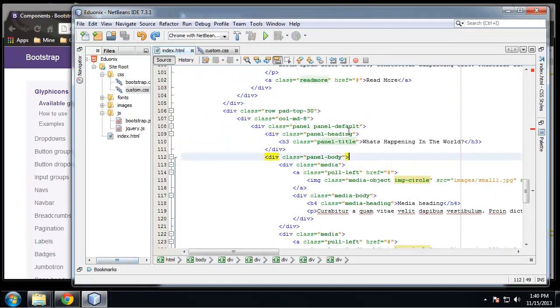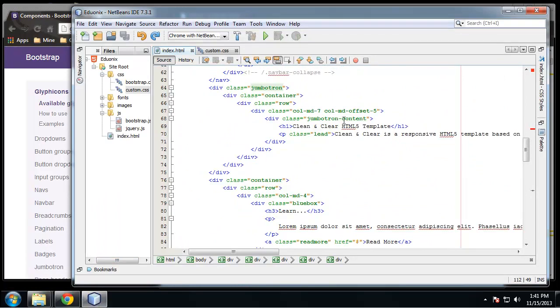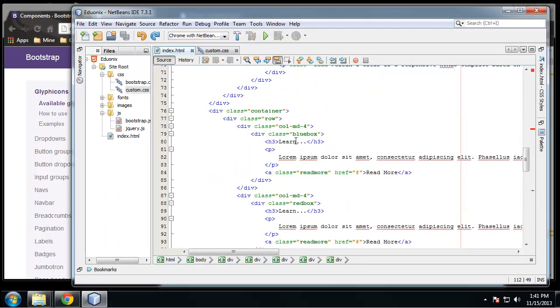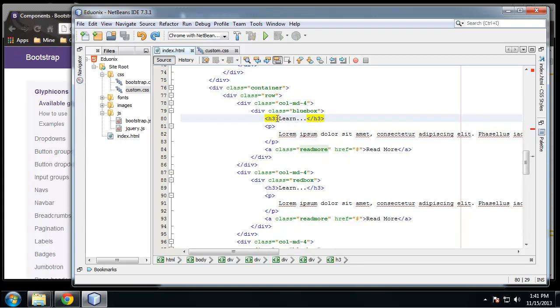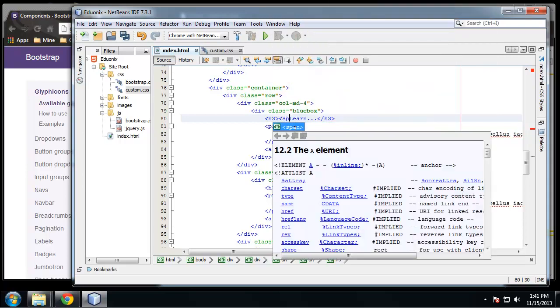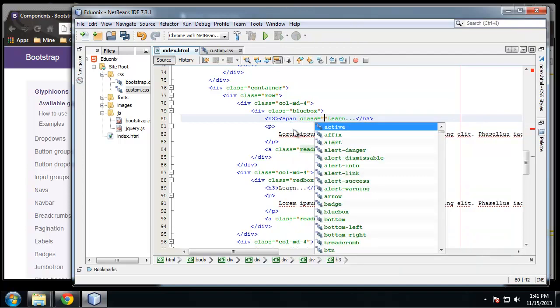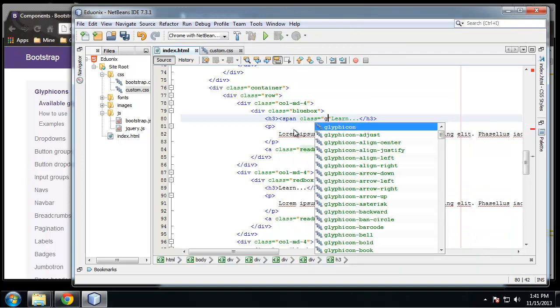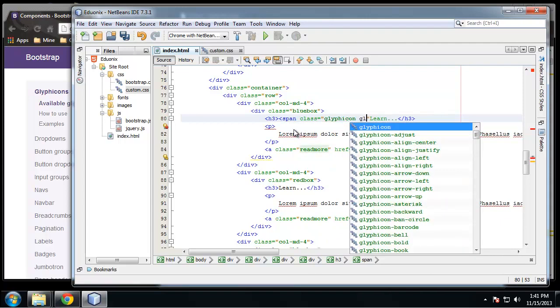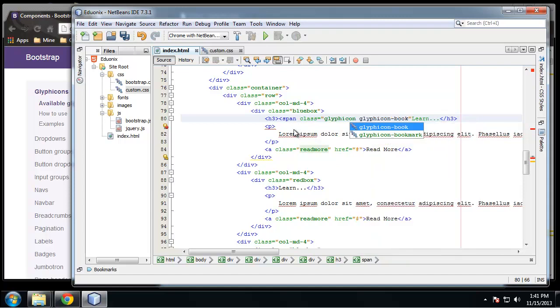So we're going to go up in the first box, which is Learn. Right inside the H3, we're going to put a span. So the first icon is going to be a book. So we're going to say span class is going to be equal to glyphicon, and then we're going to do a dash book. And it's really as simple as that. So if I copy this,